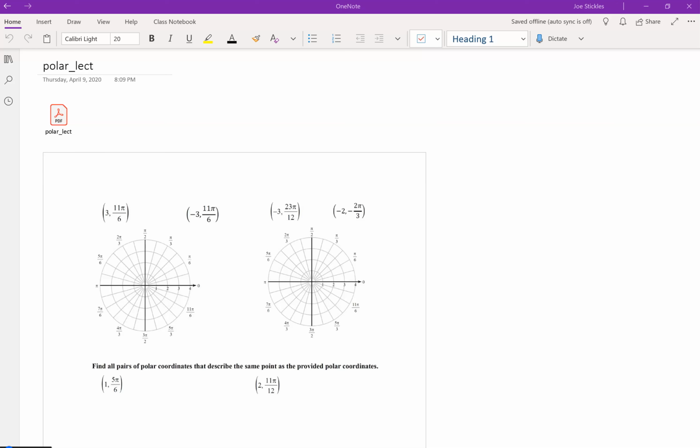Hi, we're going to talk about polar coordinates in this lecture and the next lecture. Polar coordinates are just another way to represent points in the coordinate plane. We usually think about the coordinate plane with x and y coordinates. We're going to put different coordinates on the plane, so it's just another way to describe where a point is